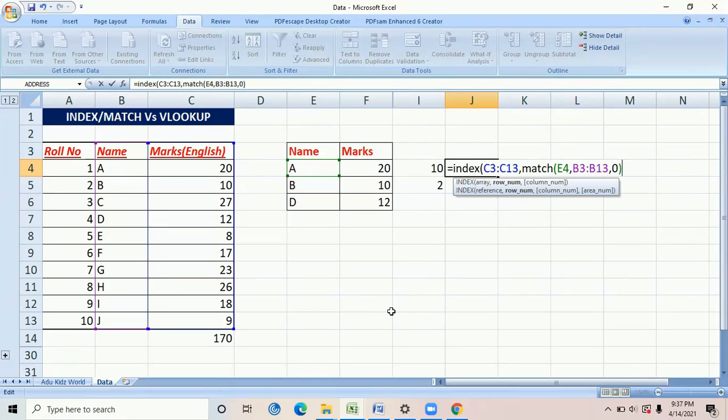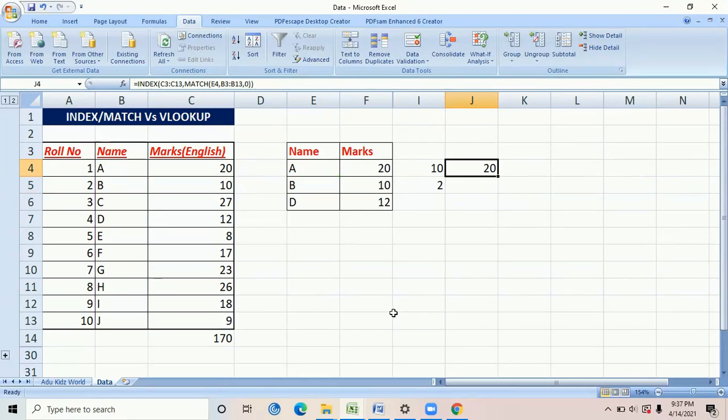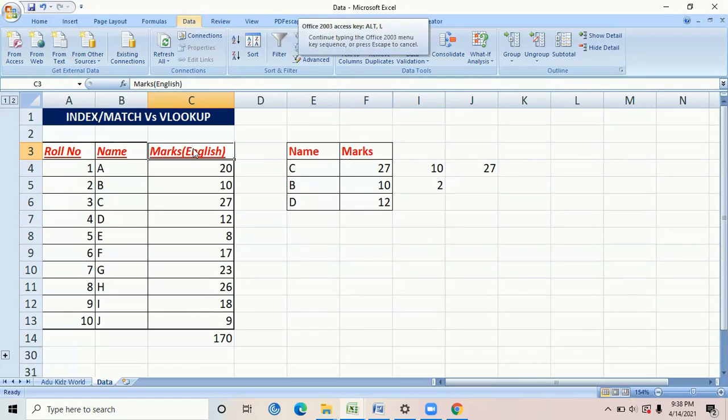Now see, the marks for A under VLOOKUP is 20 and under MATCH is also 20. So INDEX and MATCH combined give me the same result as VLOOKUP, right? So let me just change here, let's see if my marks change. Now see, under both the cases, you see the marks have changed. Now over here, instead of my marks reflecting in English in the C column, suppose I add one column over here. Now what do you see?